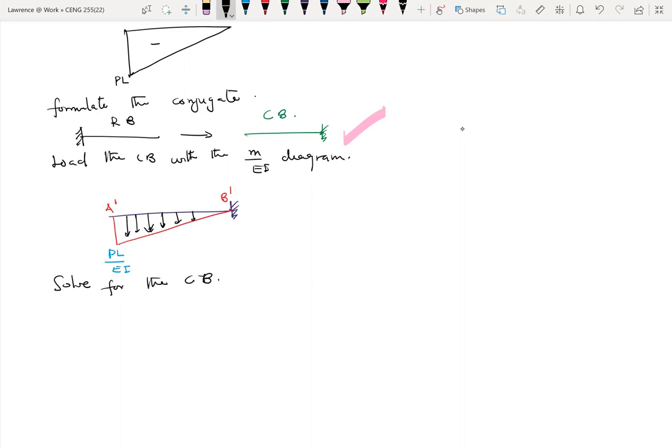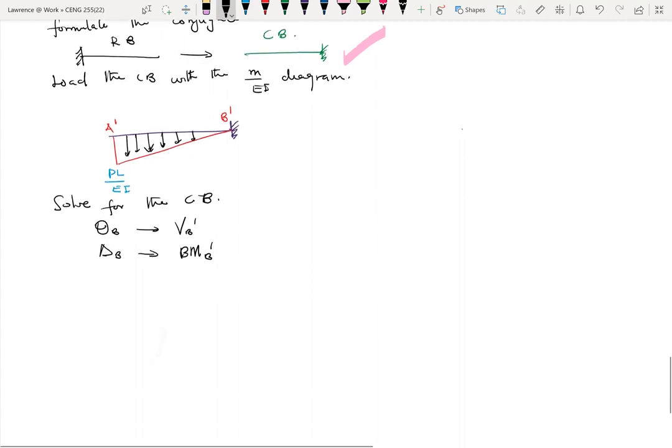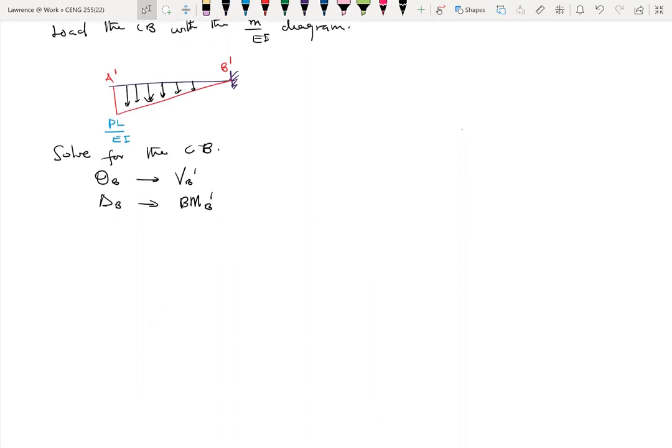And then we know that theta B in the real beam is the same as the shear force in the conjugate beam. Then delta B is the same as the bending moment or the moment in the conjugate beam. All right. So once we have established this, I can now redraw